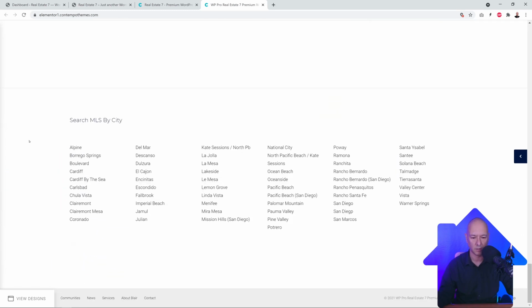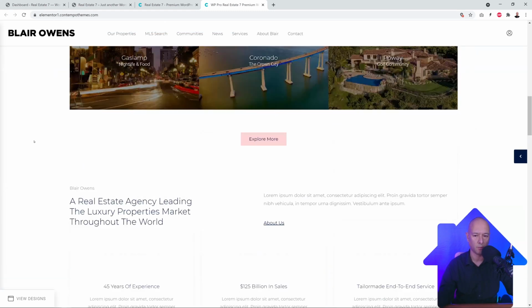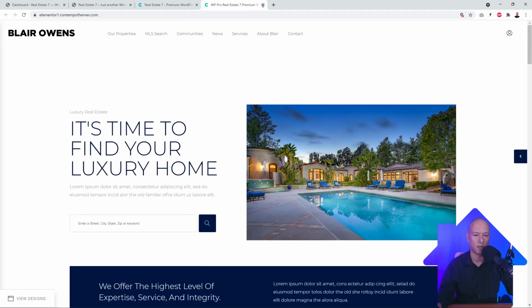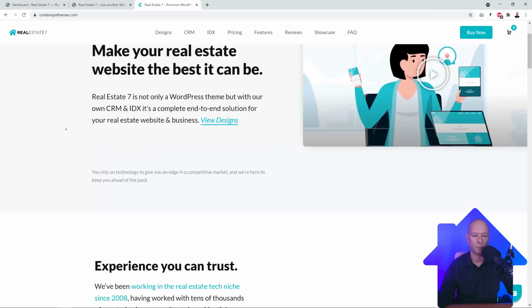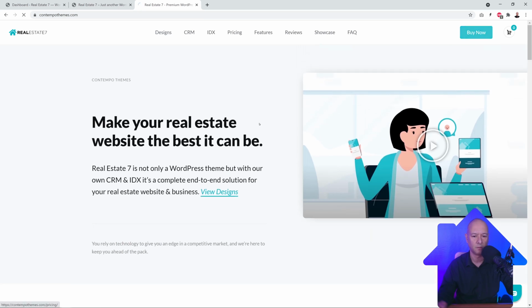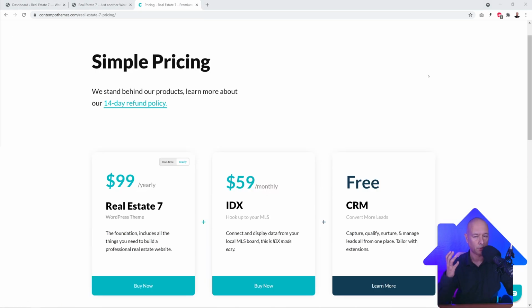So what we're going to do basically, we're going to use one of those themes, one of those layouts, and create our own template now. So what we need to do basically is to go ahead and purchase this. So click on Buy Now. And now this is something that you will really appreciate. As it says here,